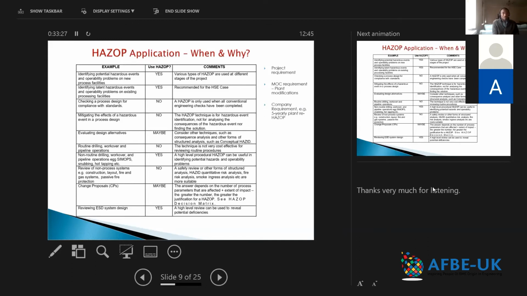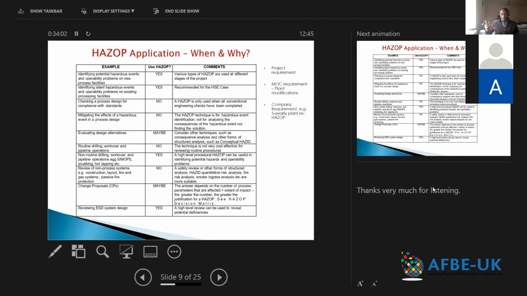Company requirements. So for example, your 5-yearly plant re-HAZOP. Typically, the plants or platforms carry out a HAZOP of the entire plant. The reason for that is that over the years, lots of minor modifications would typically have taken place on the plant, and even though some of those modifications might have been HAZOPed and some not, what you want to do with the 5-yearly HAZOP, the entire plant re-HAZOP, is to